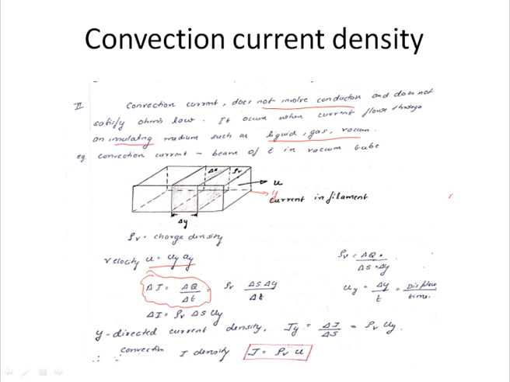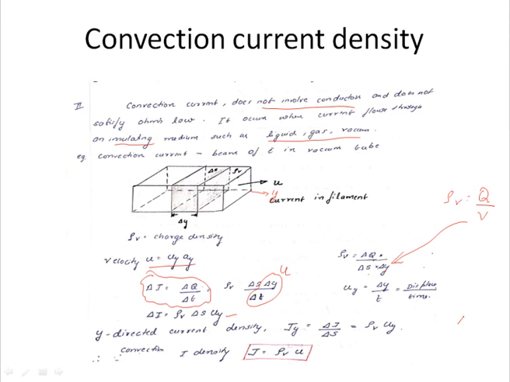What is rho v? Rho v is equal to charge by volume, right? So charge is delta q, and volume is equal to base area into height, like this, delta S into delta y. So delta q is rho v into delta S into delta y, and this can be replaced for delta q and delta t, like this. Then displacement by time is your velocity u. So rho v delta I becomes rho v delta S into uy. Then current density J.